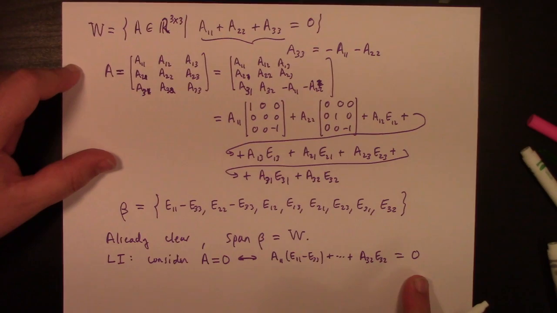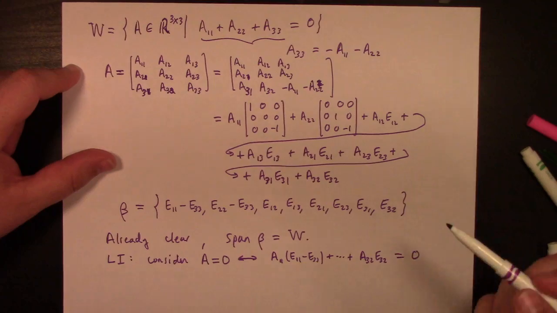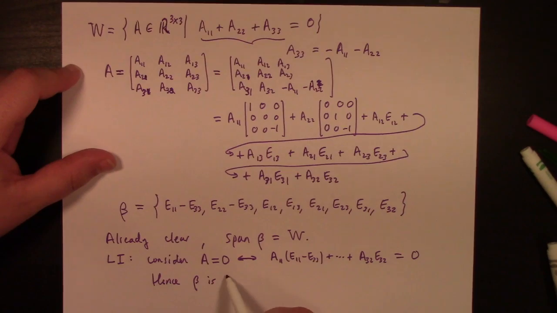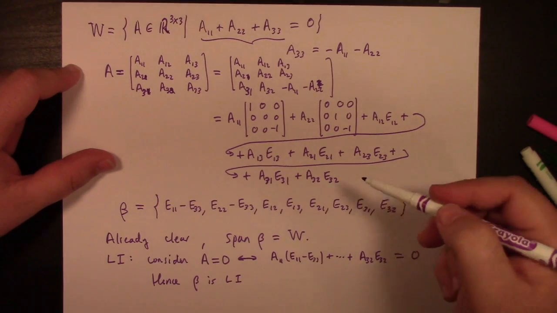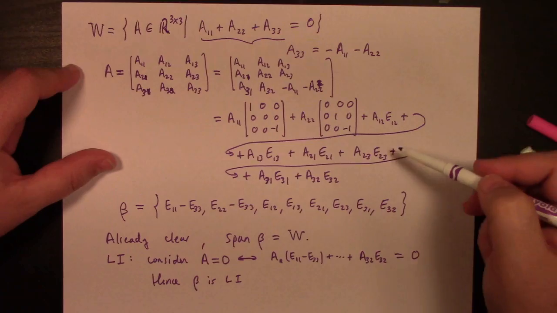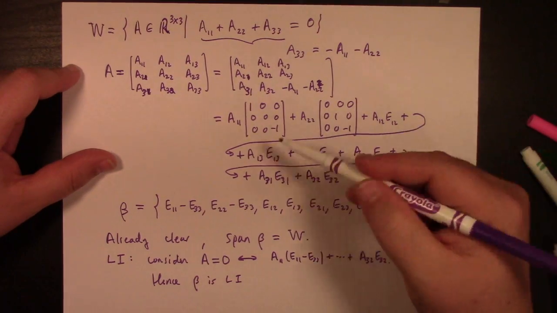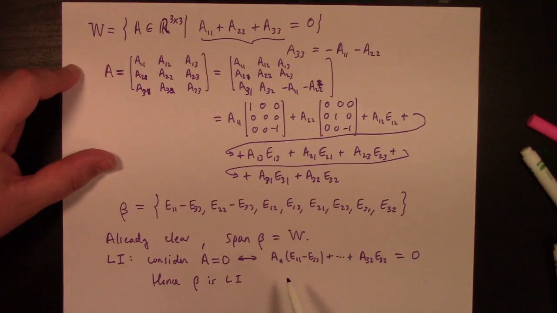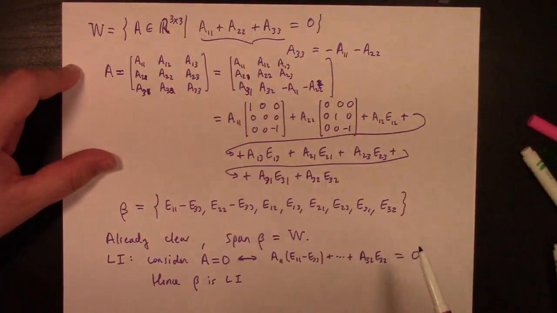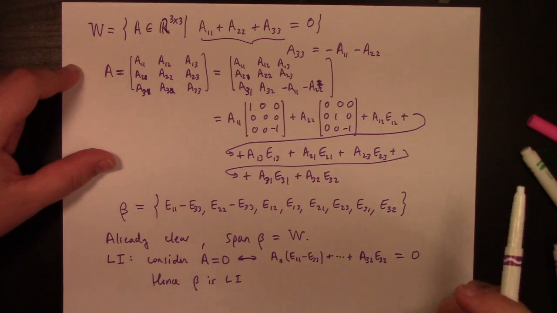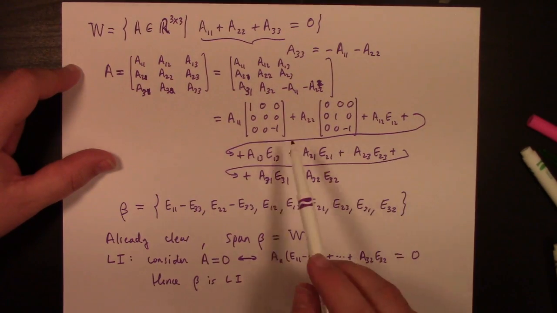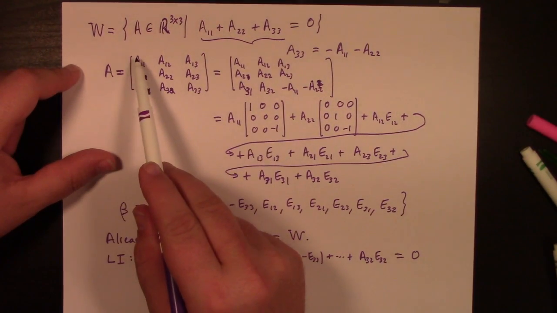So this linear combination equals 0, but look at it. That forces A equals 0, so therefore beta is linearly independent. The very calculation that you've already done, you can just look at it and say, if I set this linear combination equal to 0, that's an arbitrary linear combination of these things, and clearly it being 0 forces A11 through and so forth to be 0. To be clear, from the 1,1 spot, you get A11 equal to 0, right? And then